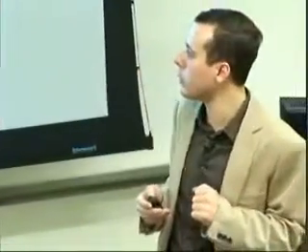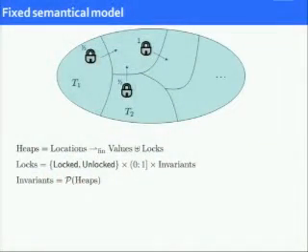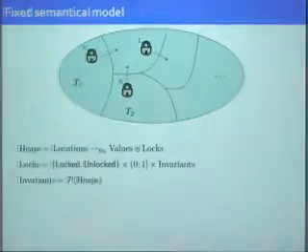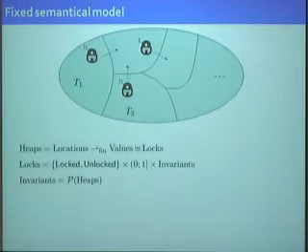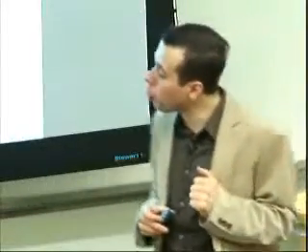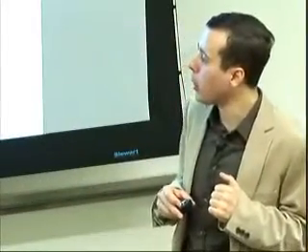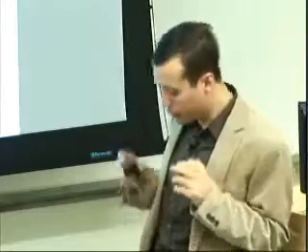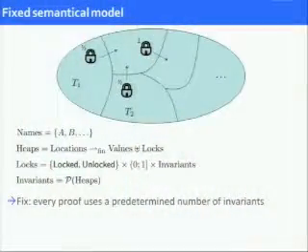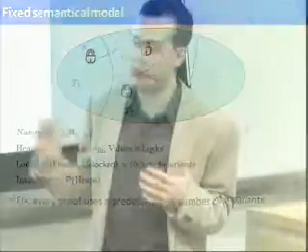OK, so the first attempt doesn't work. Let's try to repair it. Well, the main idea why the problem here arose is that we just have too many invariants. We said that the invariants are the power set of heaps, and that's too big a set to be consistent. So the way we can repair it is we can say, before doing a proof of a program, I'll fix how many invariants I need. And I'm going to give names to these invariants.